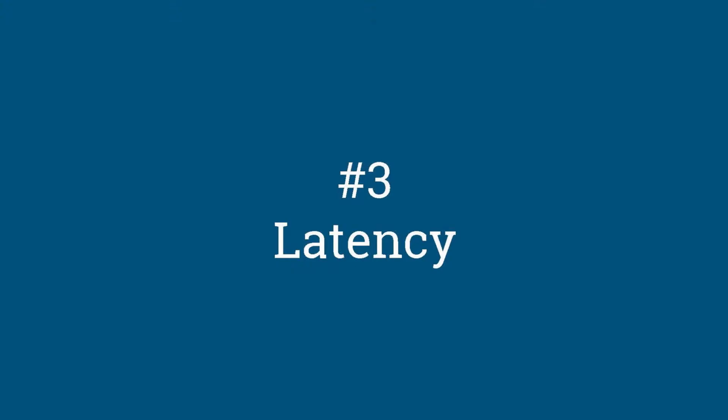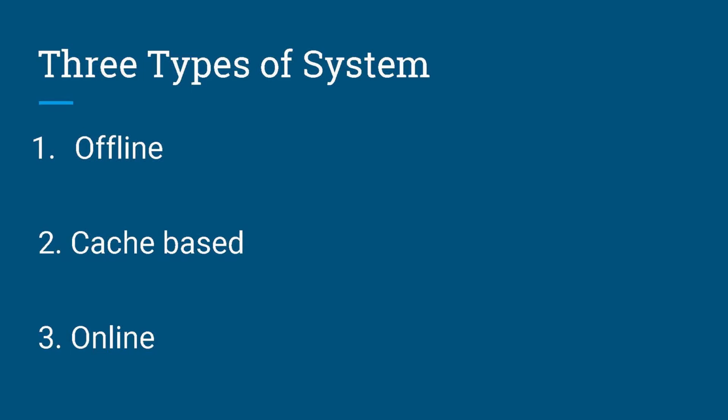The third lesson is latency. Now, latency dictates what architecture to use, because if you have a very short budget like we had in our content recommendation system, we cannot have a very big architectural model which is running into seconds sometimes. And in my past experience, I have seen three types of model from the latency perspective. These are offline, cache-based, and online.